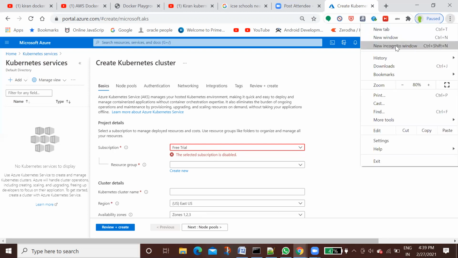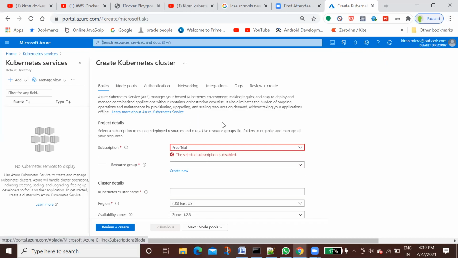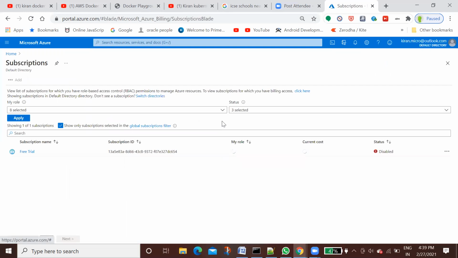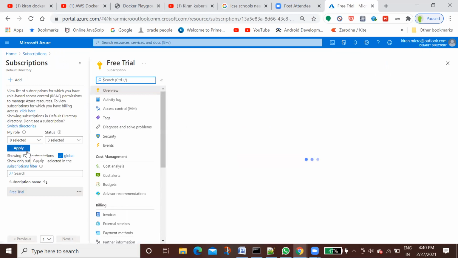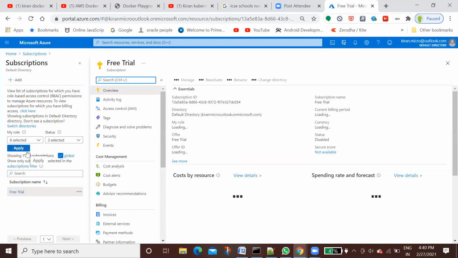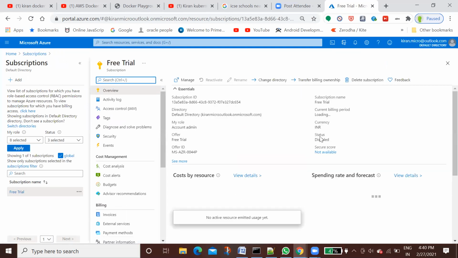So when you go to your subscription now, it will say that it is inactive. Look at that, inactive subscription. It is disabled. You just have to click this one and say that this service is anyhow going to be removed.